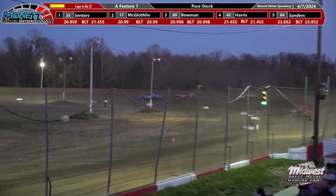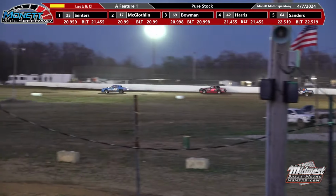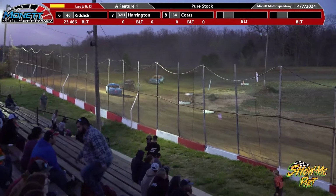Boy, all over his back bumper. They're best friends right now, holding hands as they go down the backstretch. Dylan Bowen narrowing that gap as well. Dale Centers, number 25, still out front, Landon McLaughlin